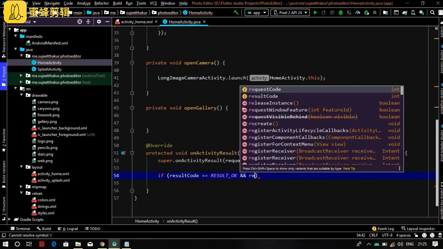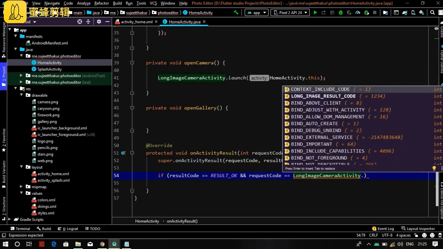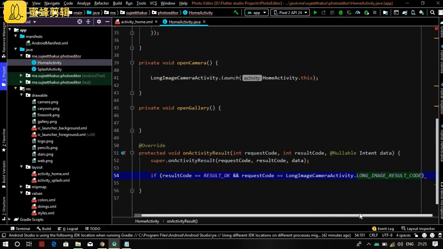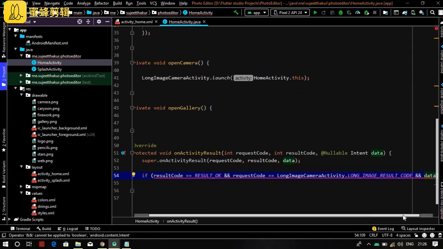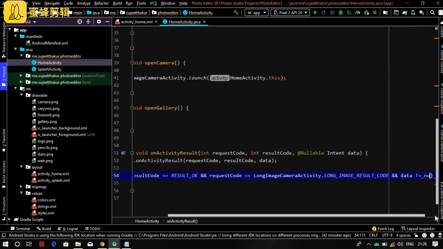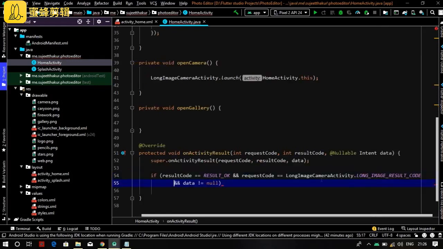It's request code equals to long image camera activity dot image result code, and data not equals to null. If these conditions are satisfied in the if statement, then we will do the next step.